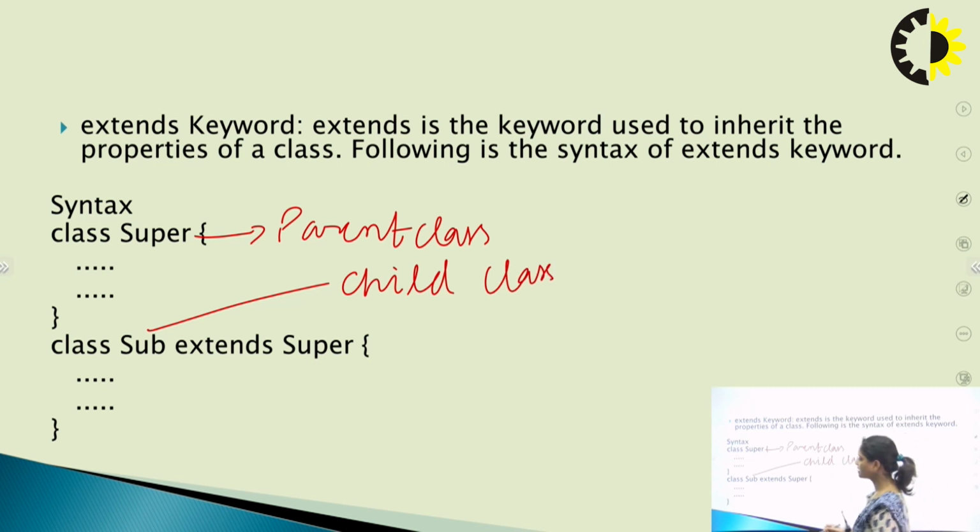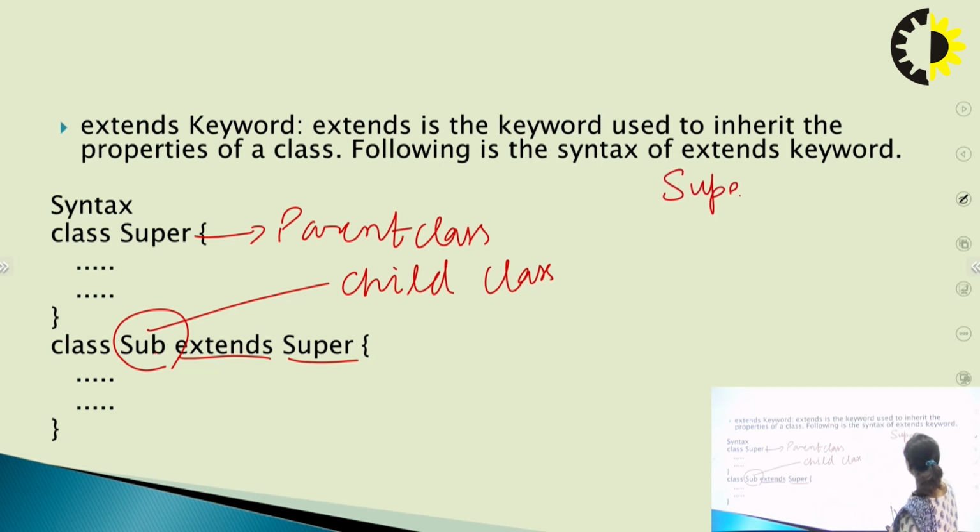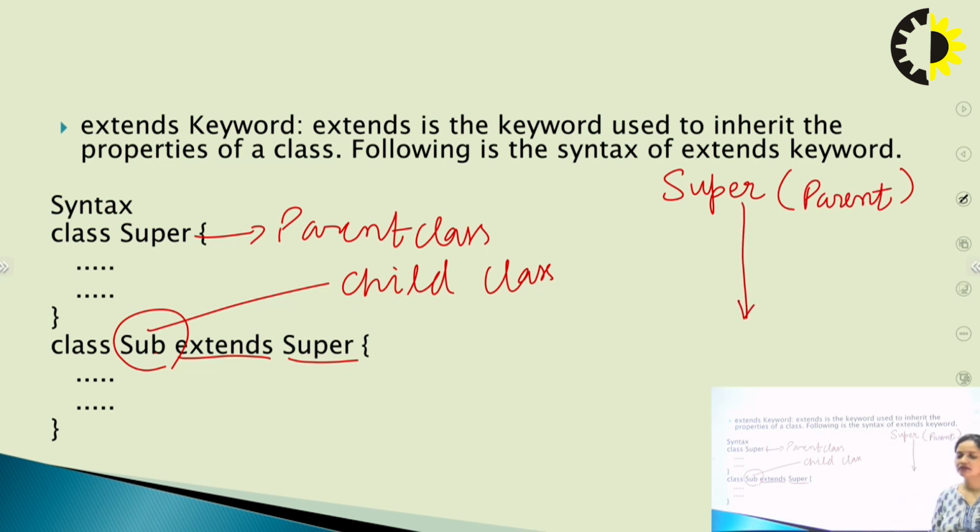So the child class needs to extend the parent class, then it is capable of accessing all the variables and methods of its parent class. Here subject is our child class, super is our parent class. First of all, we will understand what inheritance is. In short, in our daily life we say that your hair looks like your father's, your face resembles your grandmother's. These are features we have taken genetically from our ancestors.